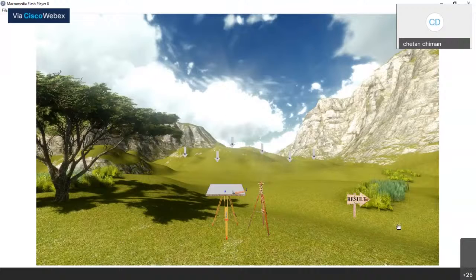So a student from a different branch can also perform these experiments. So a virtual lab also provides an interdisciplinary study system in which a user from any branch can perform any experiment. So I hope that all the students will understand the basic concept and the basic idea of virtual lab from the very first experiment. If you have any query, please feel free to ask.